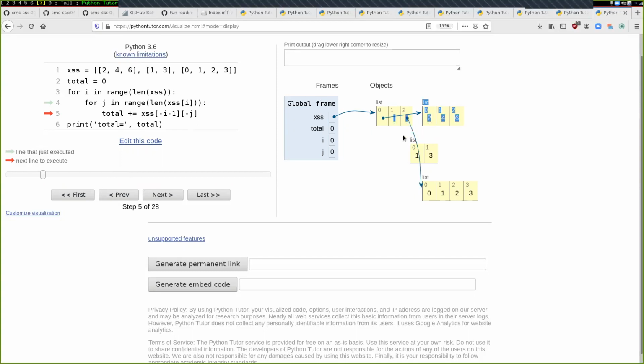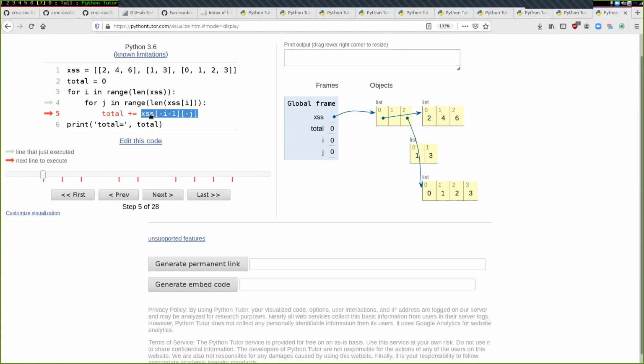And the first time that we go through it, it'll be this list right here. j will be 0, 1, and 2. The second time, it'll be this list right here, 0, 1. And then the last time, it'll be 0, 1, 2, 3, 4. When we're actually doing this computation right here, though, we have to